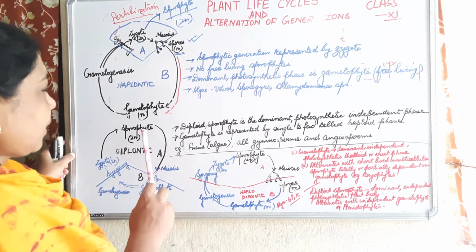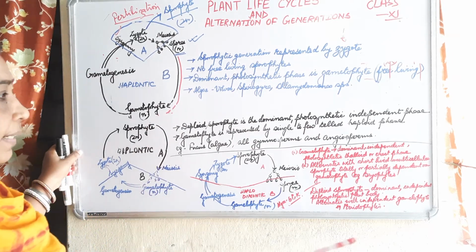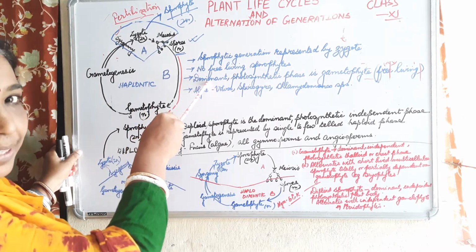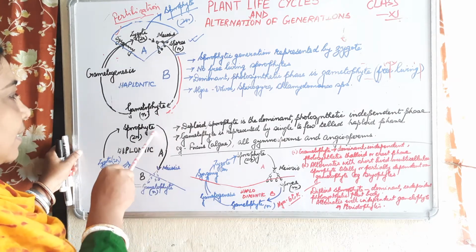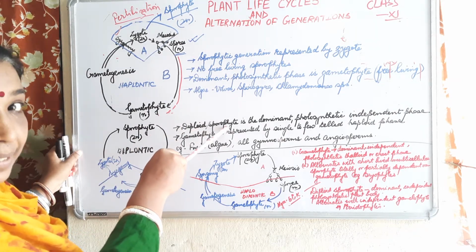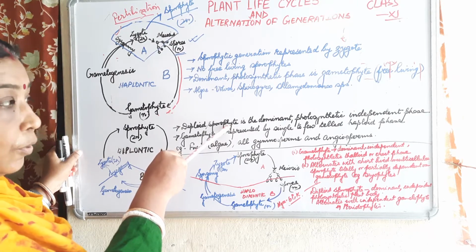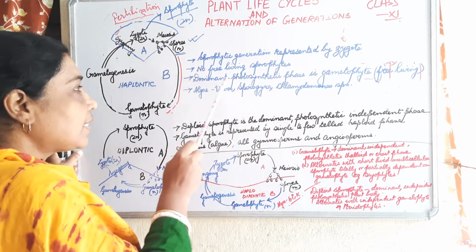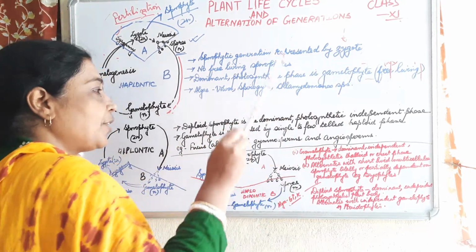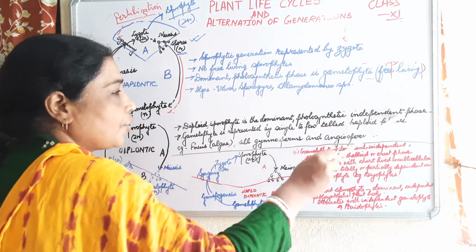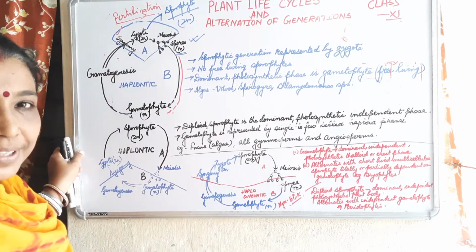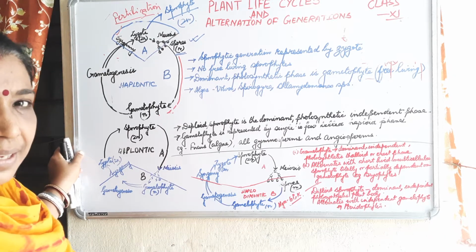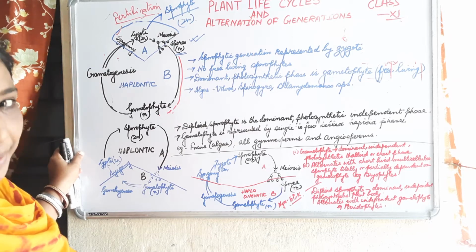That's it. Now here you see who is becoming dominant. Of course, in the haplontic cycle the dominant was the gametophyte. Here you see the dominant is whom? The sporophyte. That is why it is called the diplontic life cycle. Here it is the dominant photosynthetic independent phase, just the condition which was there for the gametophyte. Here the same condition is there for the sporophyte. Here the gametophyte is represented by either a single cell or a few-celled haploid phase.